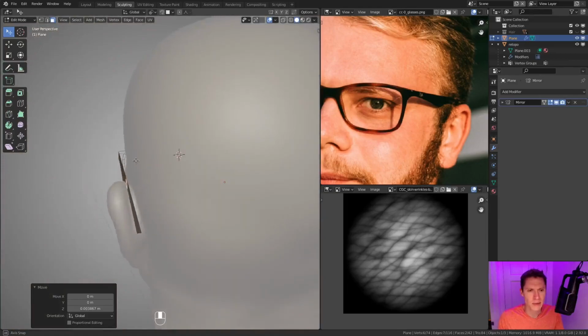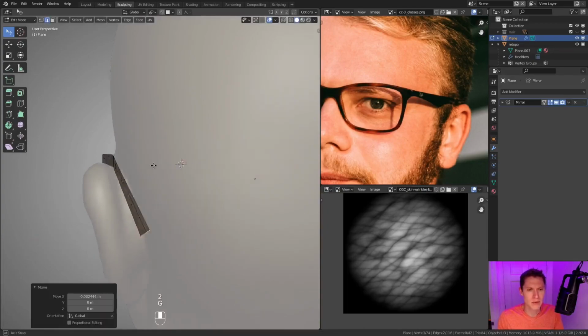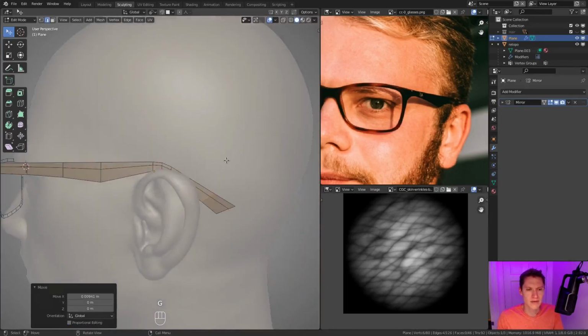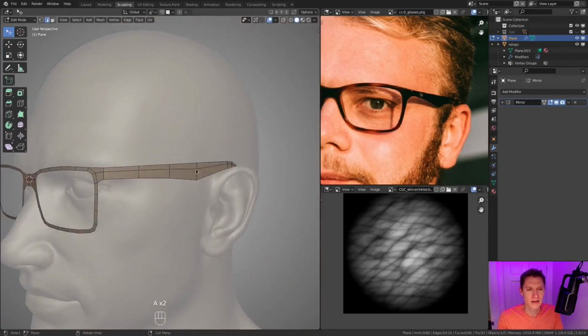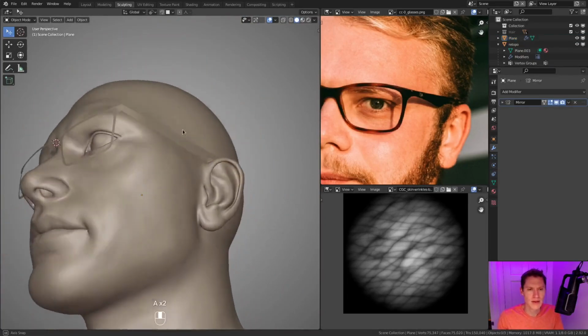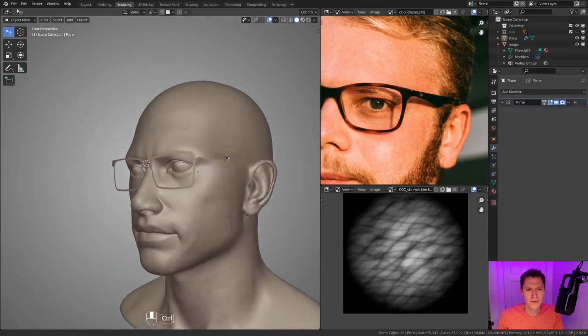Okay, I think this is looking pretty good. Of course, this piece tends to hook back into, or rather toward the head. There we go. Excellent. All right, let's go to object mode, shade smooth. Yeah, that's feeling pretty good for now.